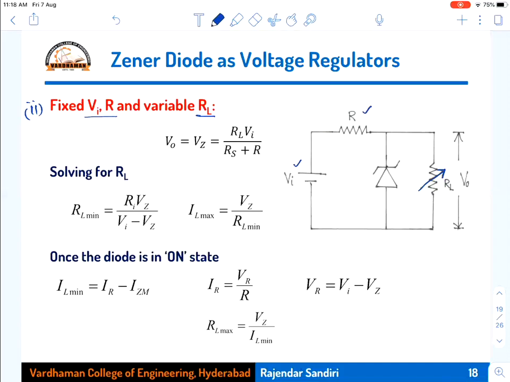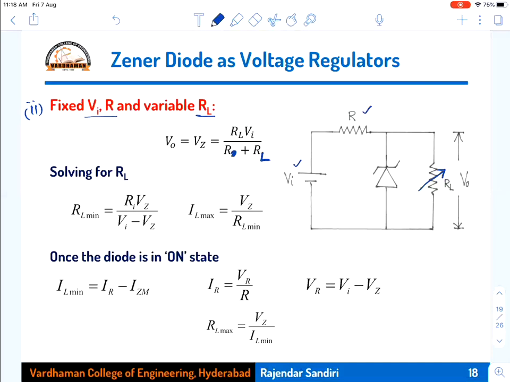After assuming that this diode is on, now I'm calculating V0 will be equal to Vz, because in parallel the output load voltage and Zener voltage are both the same. That is equal to the constant voltage. V0 is equal to Vz, again applying the voltage division rule, RL into Vi by Rs plus RL. So RL into Vi divided by Rs plus RL. You can even take this as R. If you keep Rs here, Rs you can keep. Otherwise, R means R.